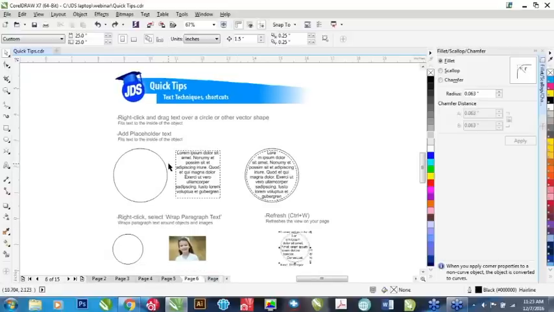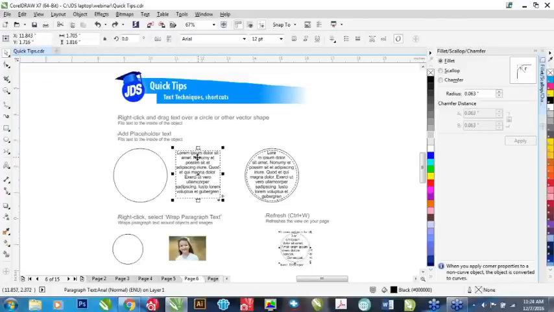Working with text. Now, if you're working with text, like a lot of us, whenever you're doing something in design, almost half of your time is spent working with text. And it's nice to know what your options are with text. For instance, if you're doing some sort of a layout, an article, a flyer, and you have a large body of text, one of the things especially if you want to encompass it into a particular shape,